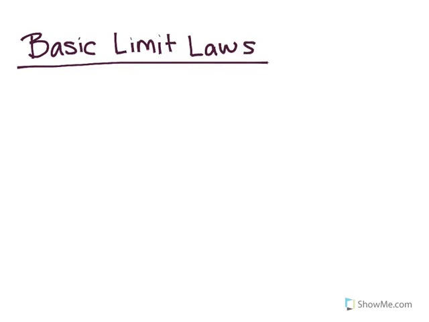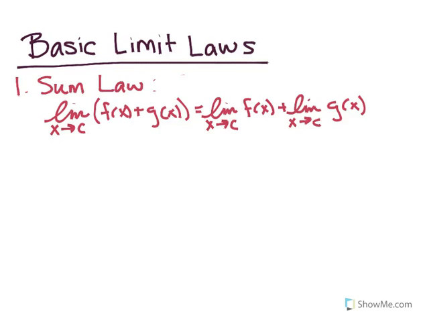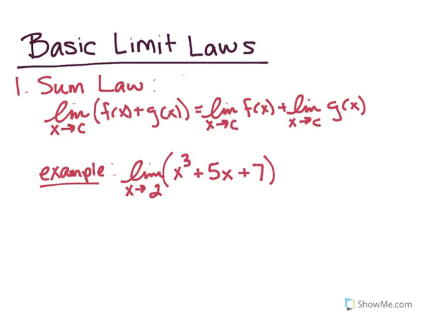In this video, we're going to talk about the basic limit laws. So the first law that we have is called the sum law, and all that means is that if you have the limit of the sum of two functions, it is equal to the limits of the individual functions themselves added together. So for example, if we have the limit as x approaches 2 of x cubed plus 5x